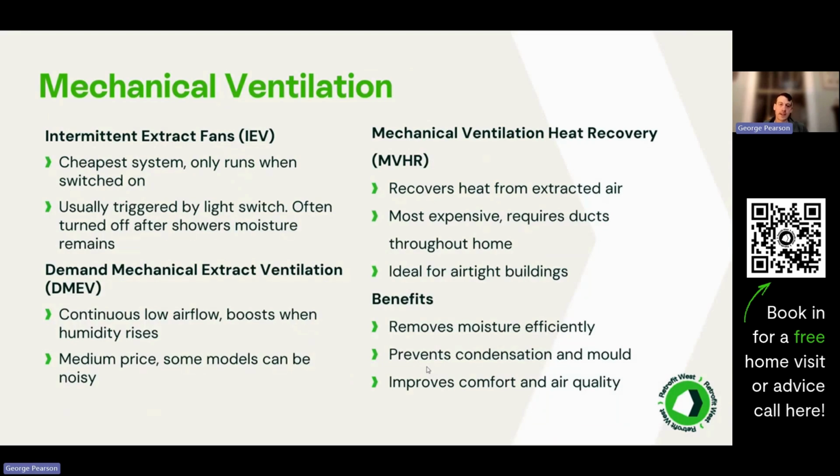So mechanical ventilation then. Mechanical ventilation provides a controlled, consistent way to remove moisture and stale air. It reduces the risk of condensation and mould, and it really depends on the home's air tightness and layout and budget. So the one we're all familiar with is intermittent extract fans, which are in bathrooms and kitchens. It's the cheapest solution. It's normally turned on when you turn the light switch or a button. They require regular cleaning and maintenance, but they do often leave a lot of moisture behind and are insufficient in dealing with